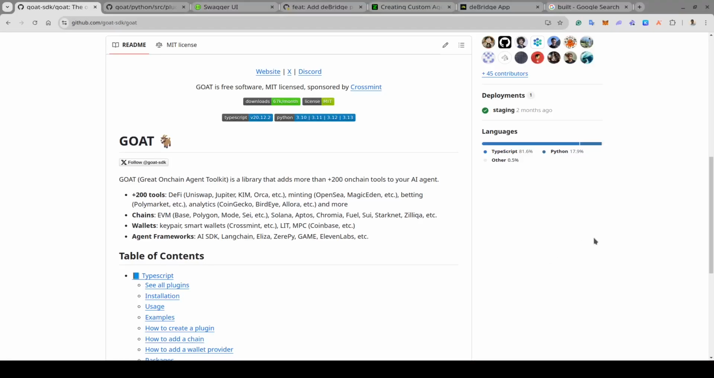Hi, in this project I built a GOAT SDK plugin for deBridge Liquidity Network. GOAT SDK is an open source library of several on-chain tools that AI agent frameworks can integrate with. So AI agent frameworks like ELIZA, DeFAI, and LangChain can integrate with GOAT SDK to enable the AI agent access to various on-chain protocols. This is highly beneficial to developers because they can now integrate these on-chain tools into